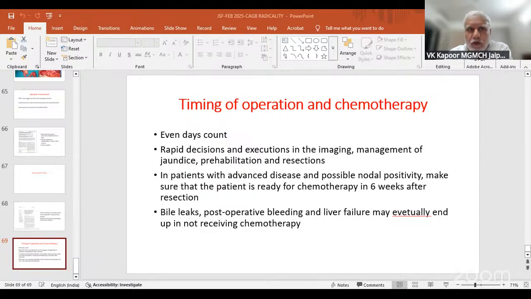Once the examiner nods his head like this, then you can carry on and say, although recently some groups have adopted this concept of oligometastasis, which is there in other cancers, for gallbladder cancer also, where these groups would include a small omental deposit which is close to the gallbladder, a single small liver metastasis which is within the area to be resected, and a para-aortic node positive.